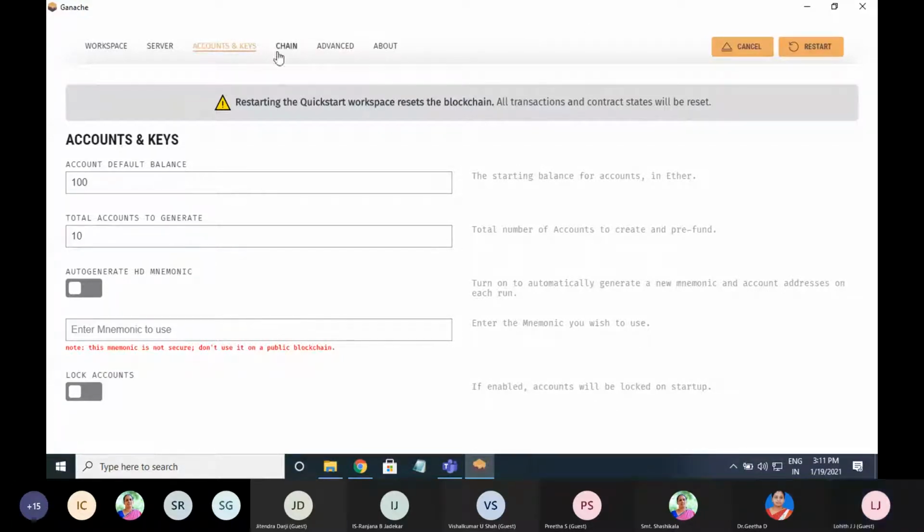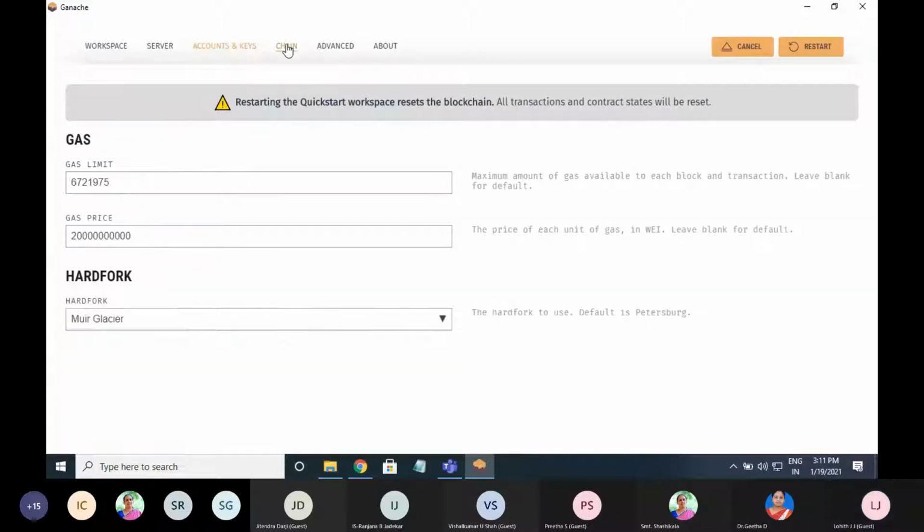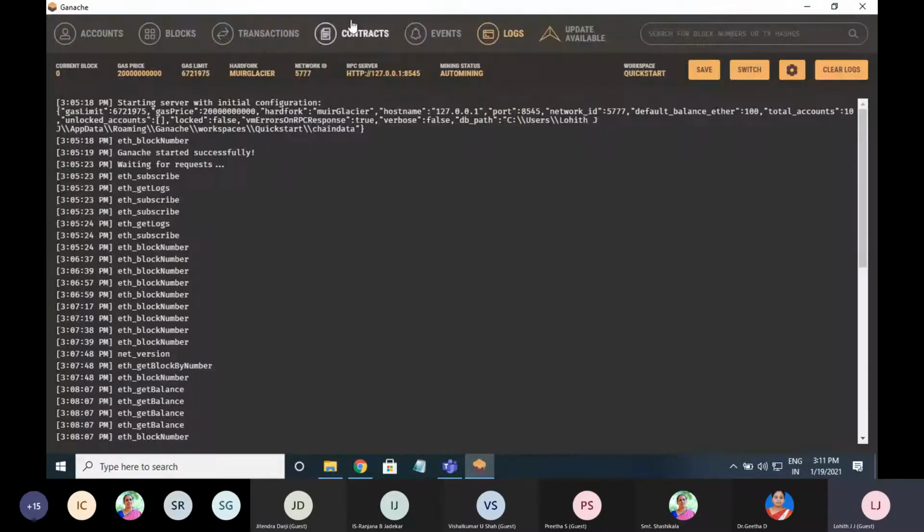Next, this chain default, see, gas limit and gas price. These are all the default values. So before deploying this to a real-time blockchain, you can set these parameters and restart that. I'll not change the default one. I'll just cancel this.